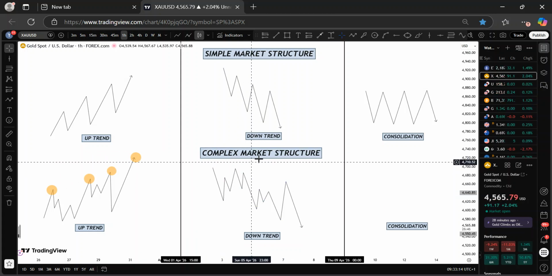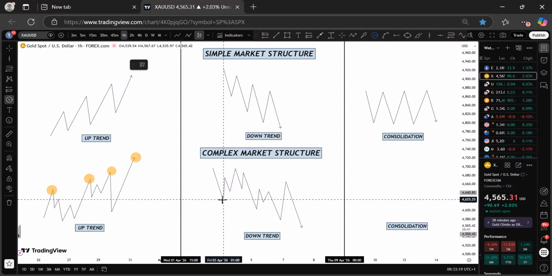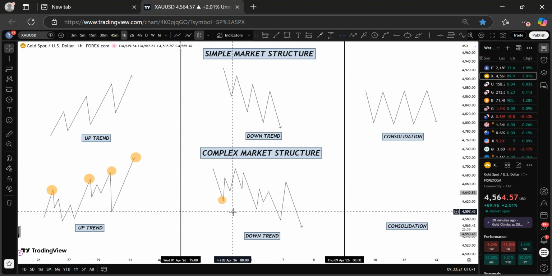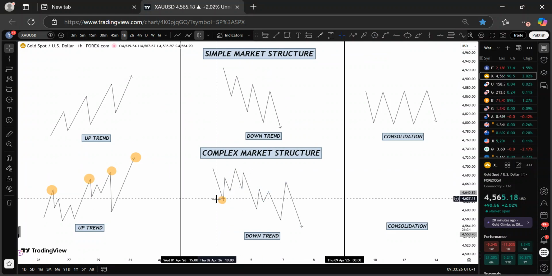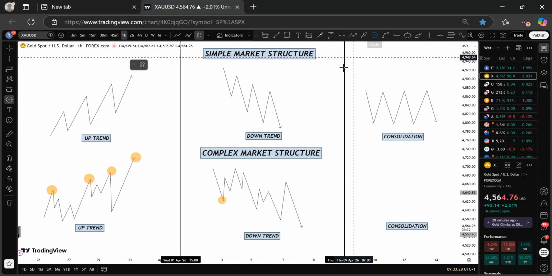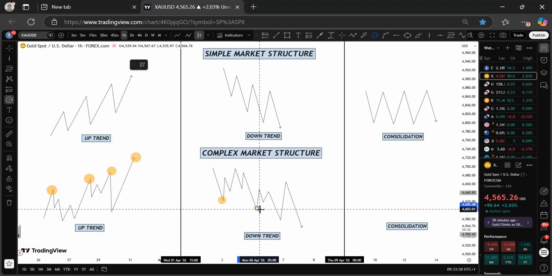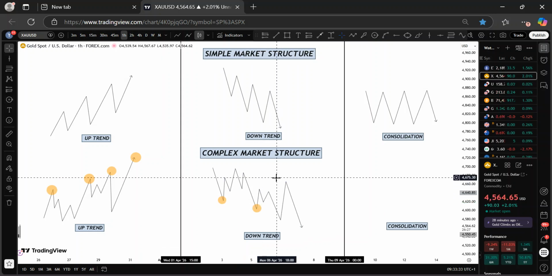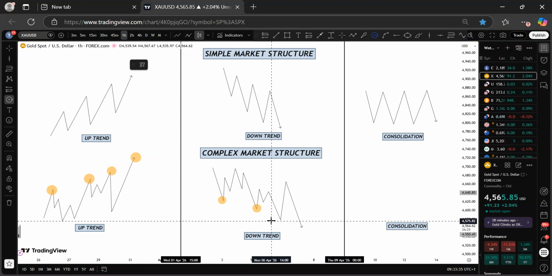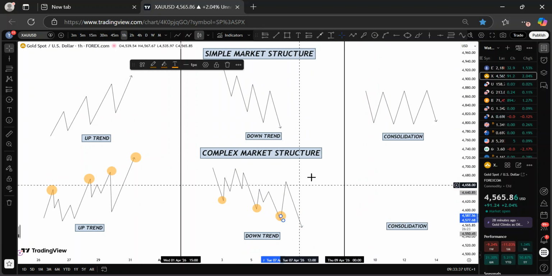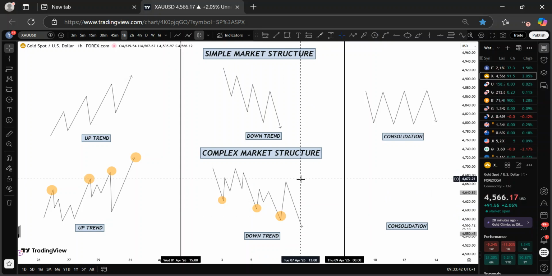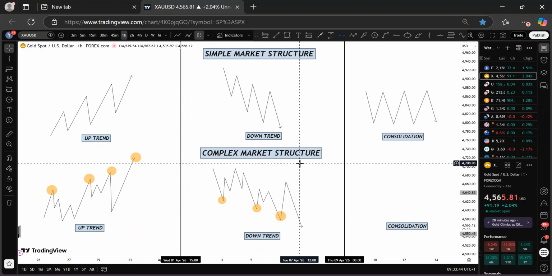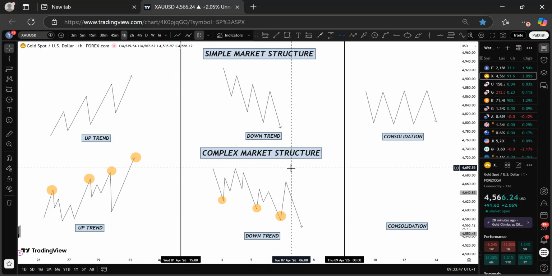Okay, so how do you know that this is a downtrend? It is very easy. You notice that the low that caused the pullback, the market always comes back to take it out. You notice that the market comes back, takes it out, and creates a new low before a new pullback occurs, and so on. The market goes back again and takes it out. Do you understand? So this is simply telling you that we are pushing down. We are doing what? Pushing down. This market is a downtrend.